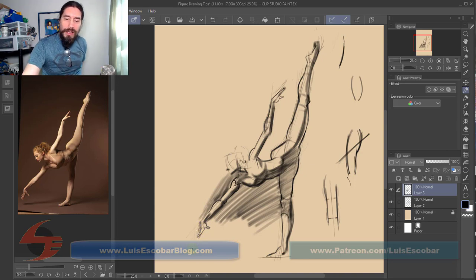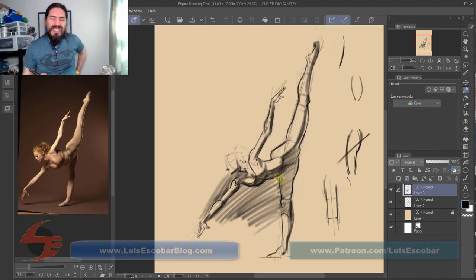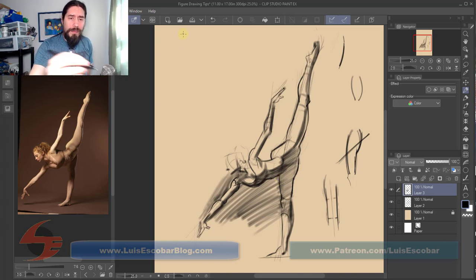And how can I make sure that the solidity that I want is happening? So let me add some of this cloth, because the cloth is adding some important structural information here. And here, these values, they're fine, but one of the things that's missing here is a design even in the values. So what you want usually is a combination of